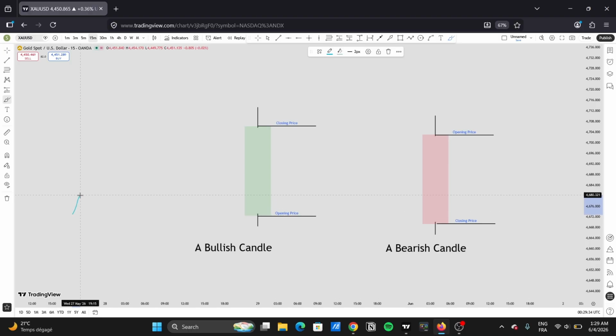We have the opening price, then the candle makes a low, a wick, and then makes a high like this, and then closes here. So basically this is the lifetime of a candle. We got the opening price here, the low of the candle here, the high of the candle here, and the closing price. So to continue explaining,